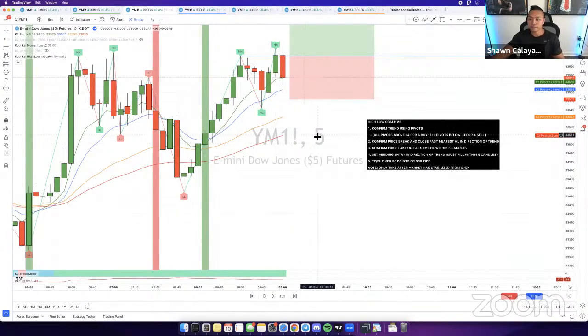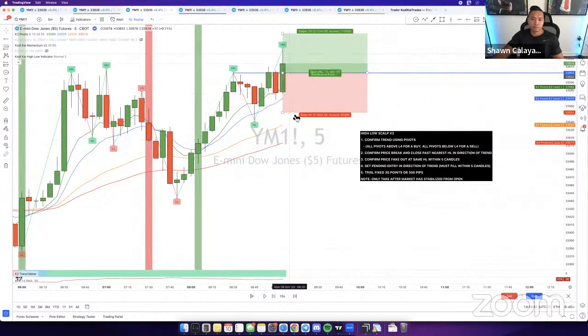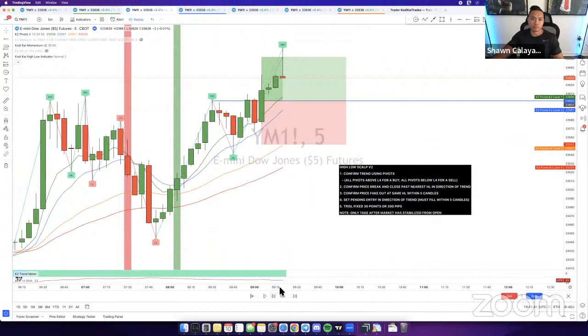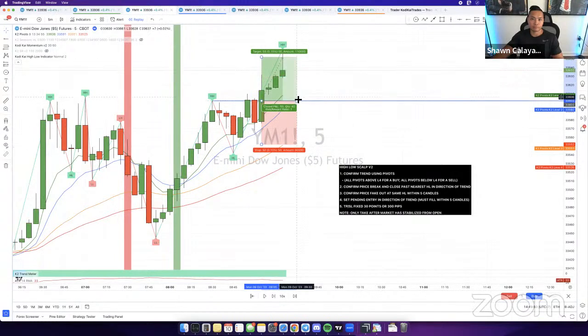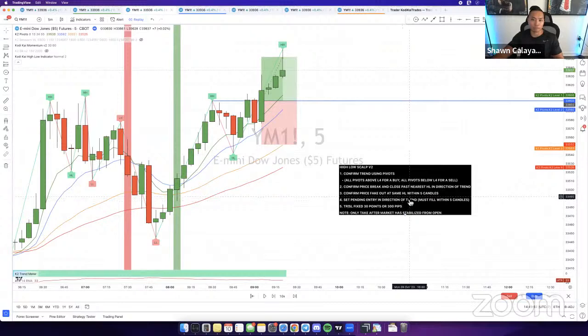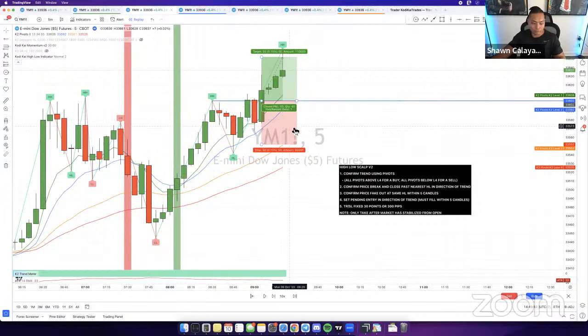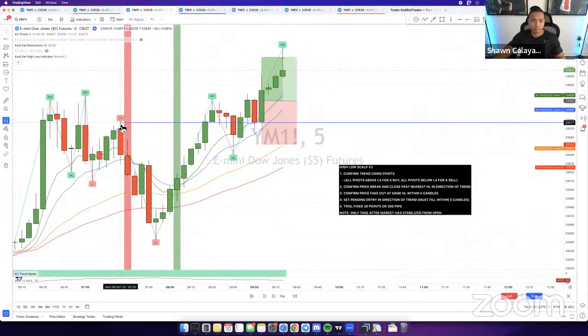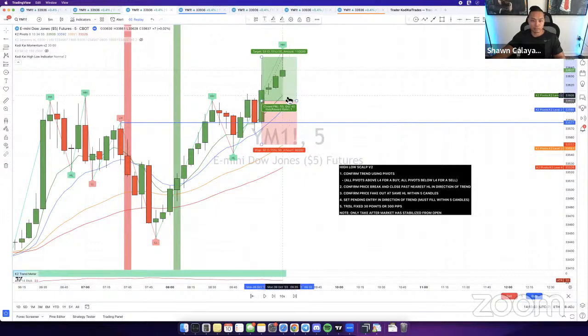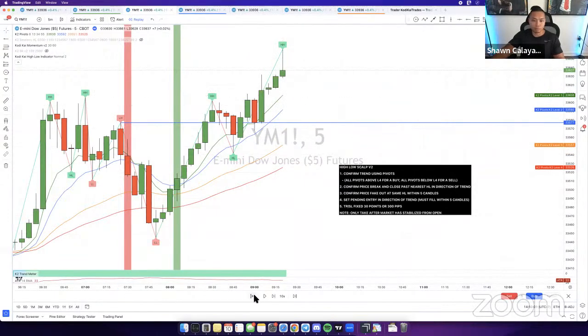So same setup here. Price broke, closed past it. Price faked out. You have a pending order right there. Price comes up and fills your order, goes sideways for a bit and goes straight to your TP. So same strategy. The only difference is there's no minimum candle requirement. So there goes the entry right over there. Let me see if there's another one here that came up. Okay, there's another one right here. This is one that happened right there, and this is another one that happened before it.